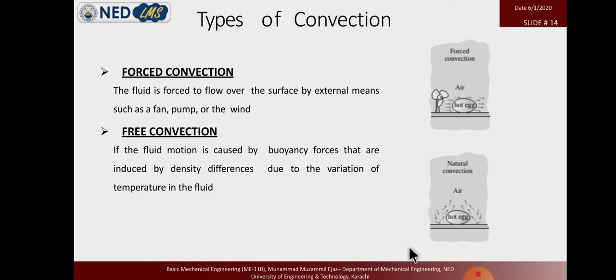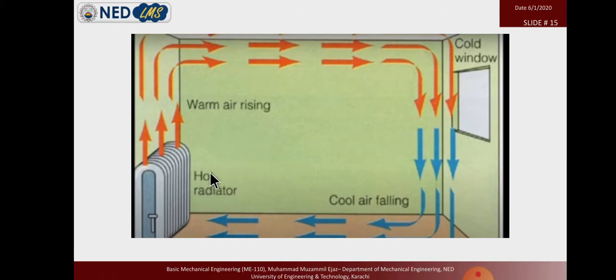That is natural convection flow, and we experience it in many places. For example, when we place a heater, we need to place it at the bottom. I have a picture of it. This is an example of natural convection. This is a hot radiator or any stove, and we place it at the bottom. Why? Because